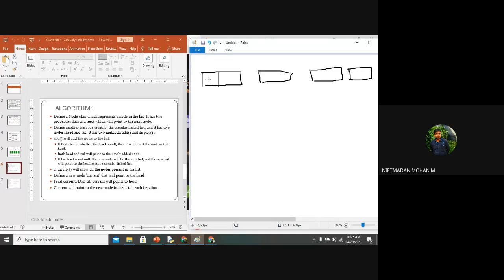Here the data will be 1. The first element I am inserting, the data will be 1 here, and this was stored, and the address will be changed over here. Now I am going to insert node number 2. So this will be changed to 2, and this also will be changed to 2, and this pointer will be represented, because the new node wants to be added, and this will be represented here.